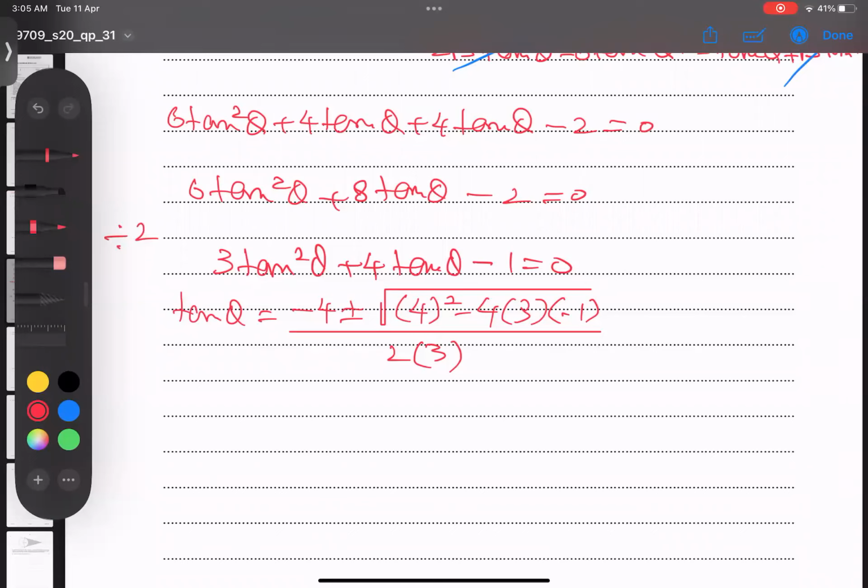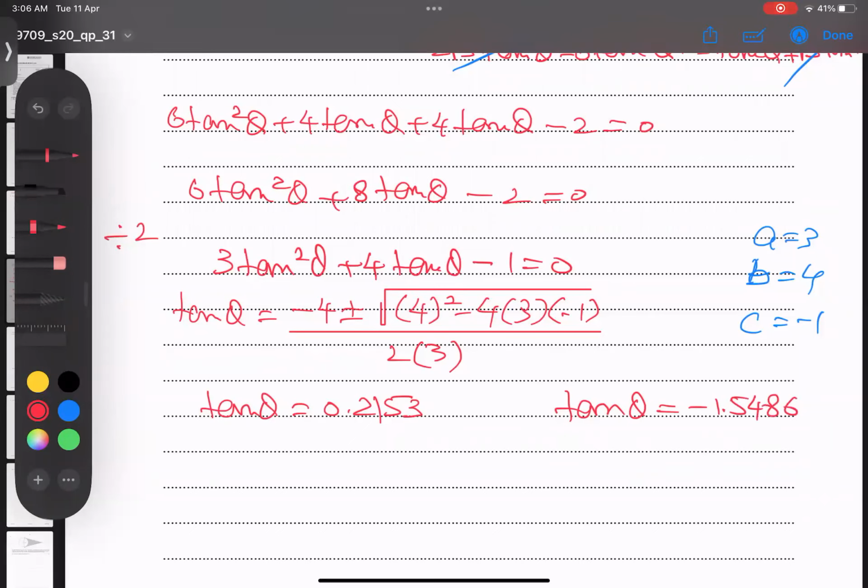And make sure the a value I write is 3, b value is 4, and c value is minus 1. Coefficients I take. Okay. And after this, you can show direct answers to the examiner. So first answer is 0.2, not answer, sorry. Okay, this one. And second, I'm getting here tan theta is equal to negative